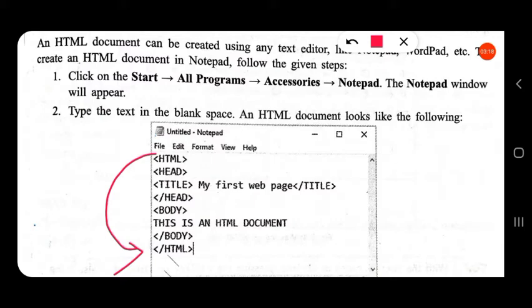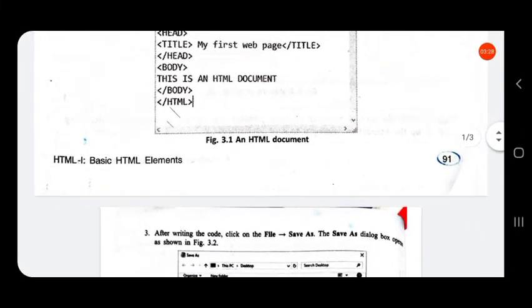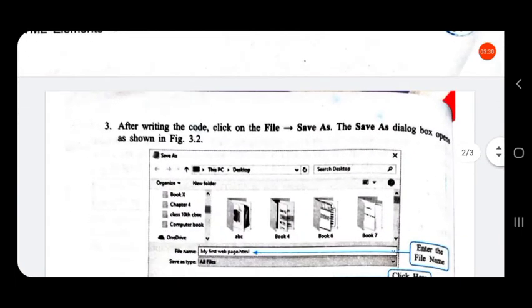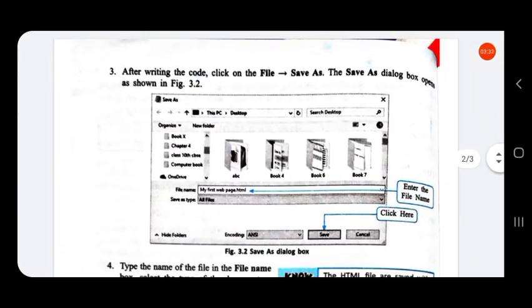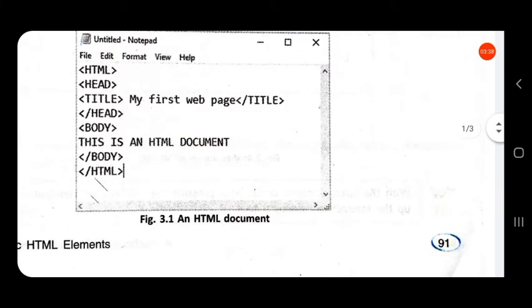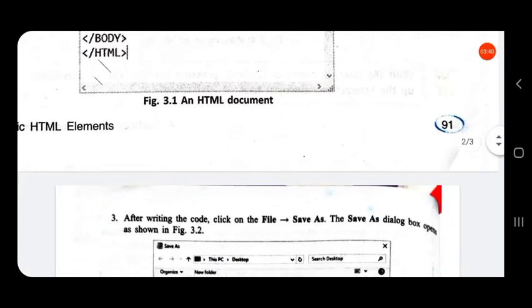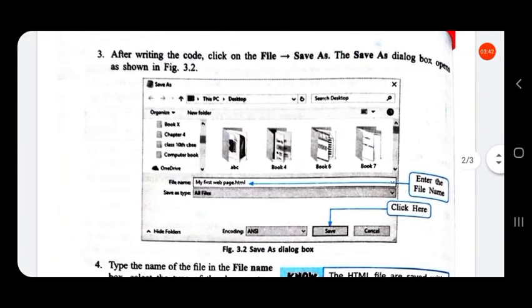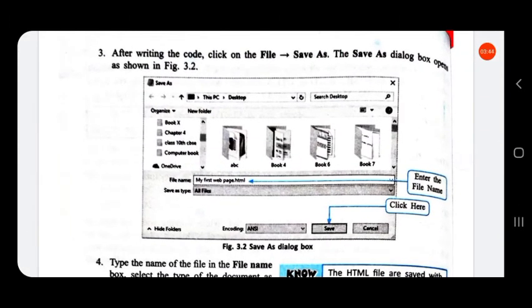The starting and ending HTML tags are the same, but the ending tag has a backslash. Now after the code, this is completed because a starting tag is there, ending HTML tag is there, so everything is complete.